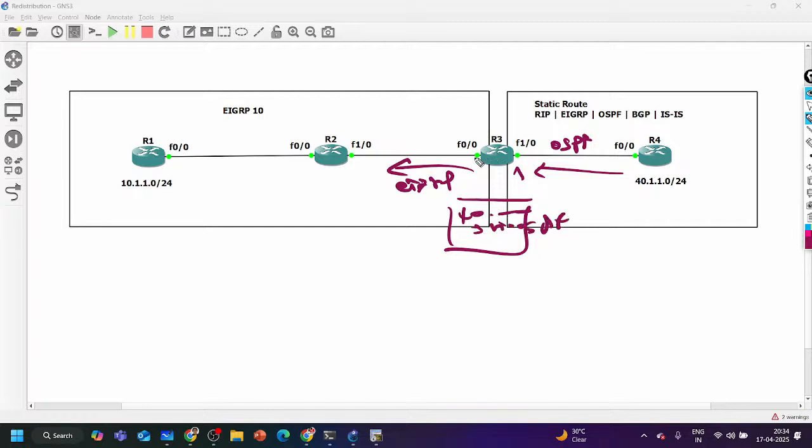Router 3 has used a different formula to calculate the metric, and for this EIGRP neighbor, it is calculating the metric using a different formula, right? The EIGRP formula is 10 raised to power 7 upon least bandwidth plus total delay upon 10, whole multiplied by 256. So here the routers are calculating the metric by using the DUAL algorithm. Here in the OSPF domain, it is using a different algorithm, the SPF algorithm. OSPF uses SPF. Here we can have any routing protocol: OSPF, BGP, ISIS, EIGRP, RIP, static route, connected.